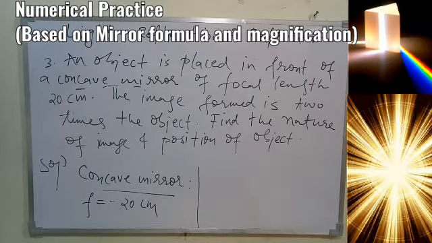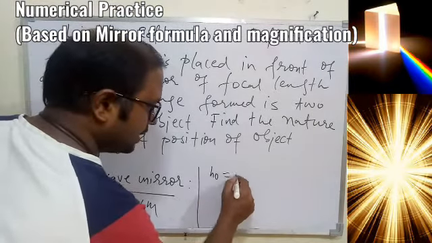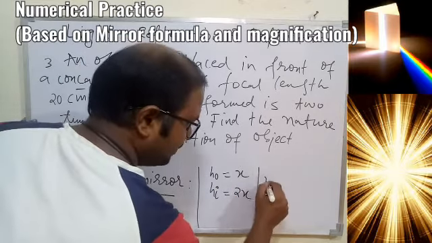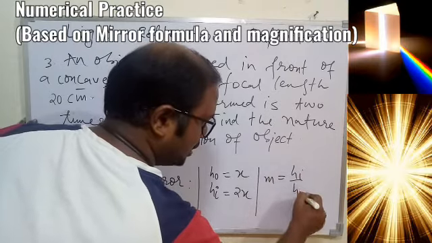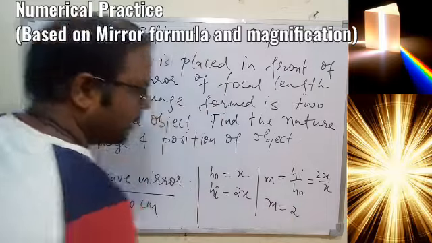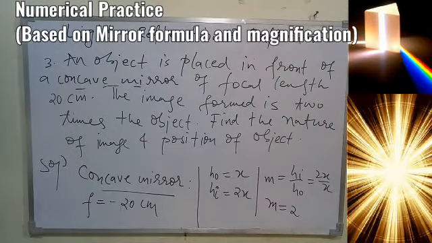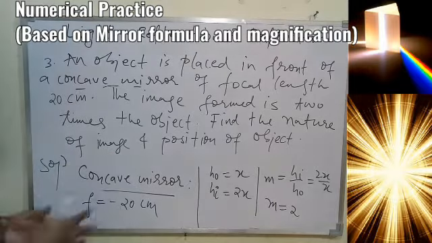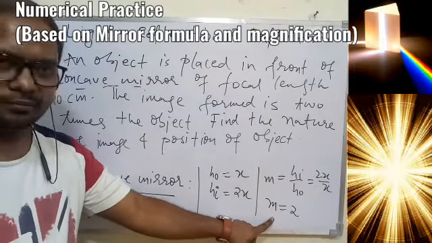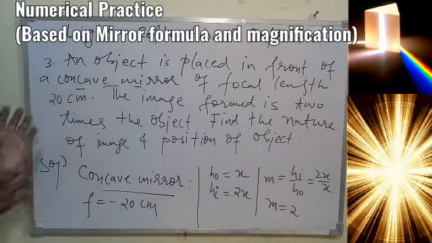And the next thing is image is 2 times the object. So we understood, if height of object is x, height of image will be 2x. So magnification will be height of image by height of object, that is 2x upon x is equal to 2. So magnification we are getting 2, but now nowhere it is mentioned if the image is real or virtual. So that is now we have to analyze. Here we have to think again if the magnification should be positive or negative, because nowhere it is mentioned that the image is real or virtual.